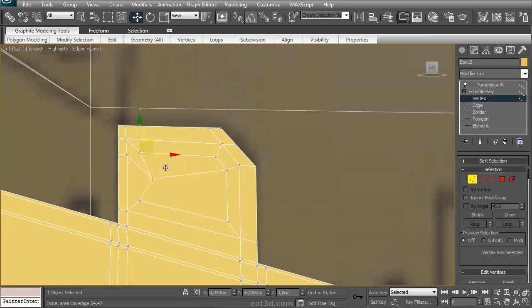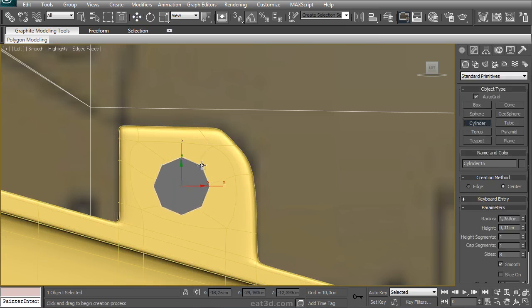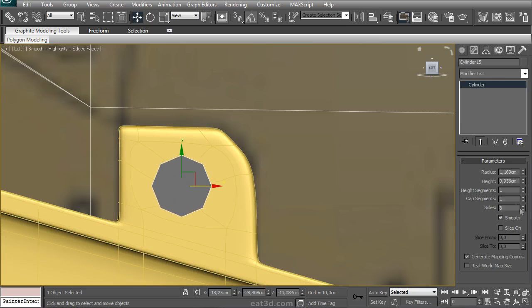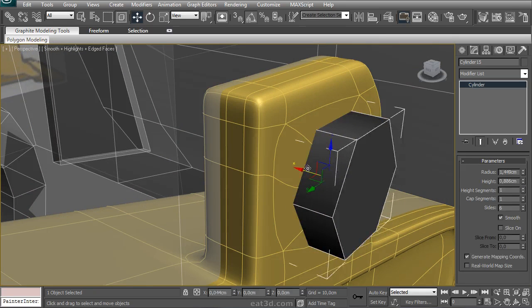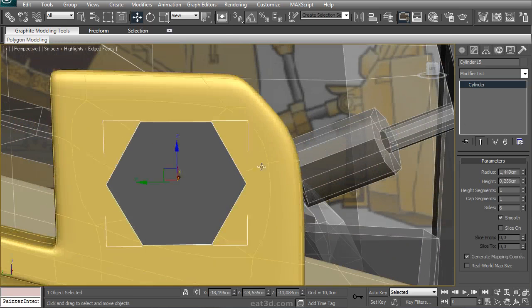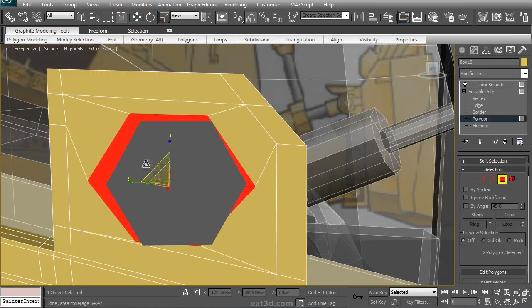I have this square shape here, and I need to move all the vertices so that they have an approximate round shape. I'm going to add a cylinder here, and the cylinder will be another reference cylinder with 6 sides. And as you can see, I don't have to rotate this one. Making it slightly larger, move it into the actual mesh, scale it down a little bit, and that should be about correct. Now I'm selecting these polygons, scaling them up,